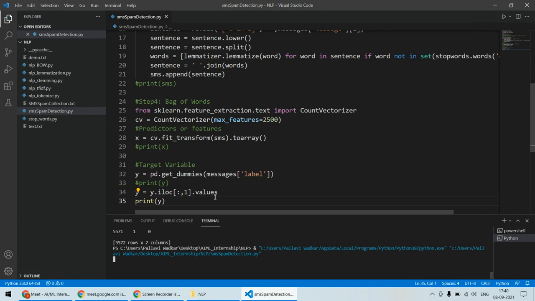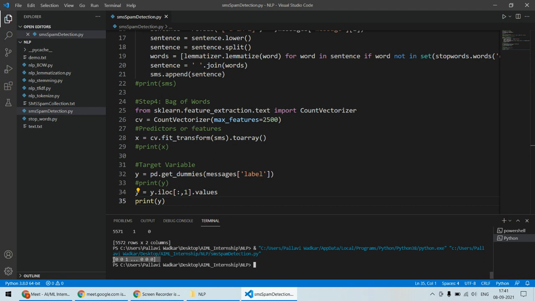नो एक्स मतलब हमारे जो भी इंडिपेंडेंट वेरिएबल्स है उसे हम एक्स बोलते हैं, तो वो हमें मिल चुका है और हम वेट कर रहे हैं वाई की। तो यहाँ पे ये सब प्रोसेस होके थोड़ी देर में y मिलेगा, तो ये y हमें मिल चुका है। दिस इज अवर y। तो जीरो मतलब हैम, अगेन दिस इज हैम, दिस इज अगेन स्पैम, वन मतलब स्पैम। तो ये हमारा y है जिसकी लेंथ है 5571। तो उतने नंबर ऑफ वैल्यूज है इसके अंदर।